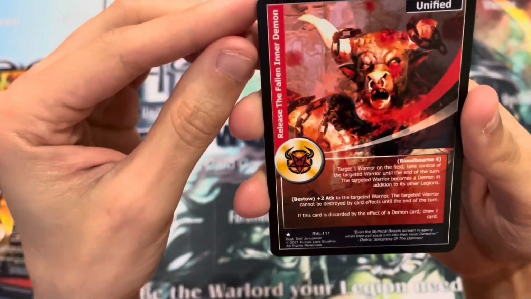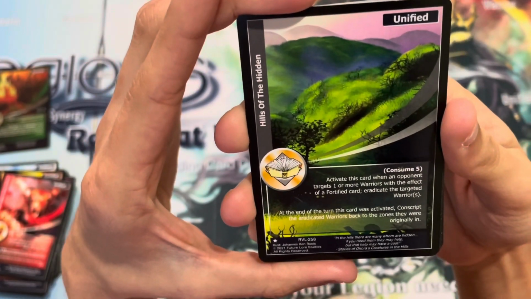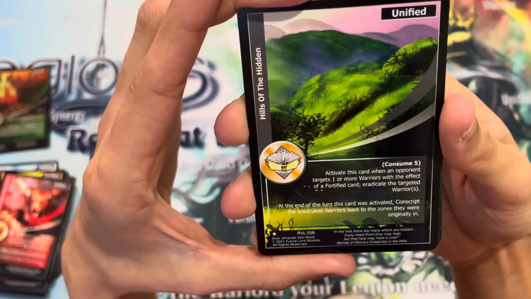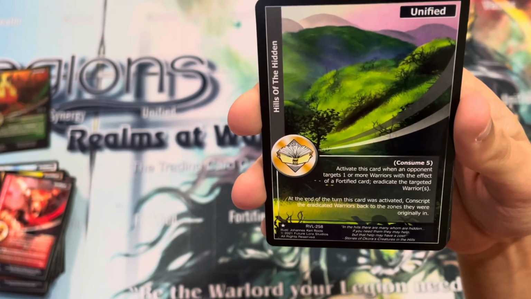Release the Fallen Inner Demon. Hills of the Hidden. Consume 5. Activate this card when an opponent targets 1 or more warriors with the effect of a Fortified card. Eradicate the targeted warriors. At the end of the turn this card was activated, conscript the eradicated warriors back to the zones they were originally